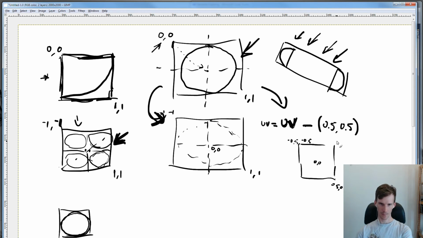And then you'll see I've slightly confused myself in this video by saying UV equals UV minus whatever, which doesn't make that much sense mathematically, but if we're writing code, we know let UV equal UV minus half. And I'm just clarifying that in our code we've called the same thing as UV, we've called it texture coordinate.